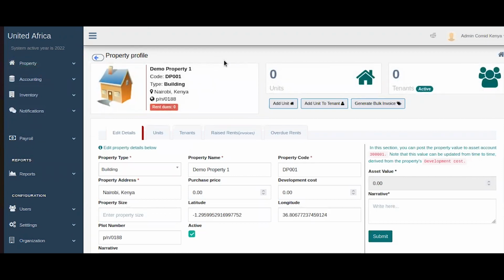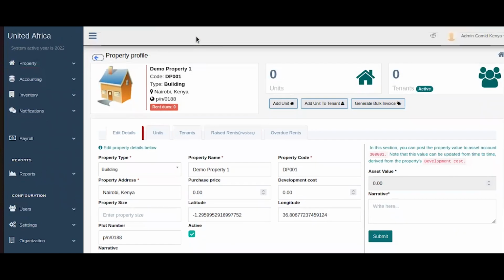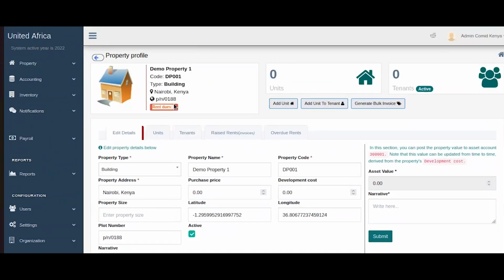And after clicking view property, I'll be presented with this particular dashboard with the property information, a default image. Of course, you never uploaded an image. We also have the rent use, which is 0. We have 0 units, 0 tenants. I can add a unit. I can add a unit to a tenant, that is assignment, and also generate back